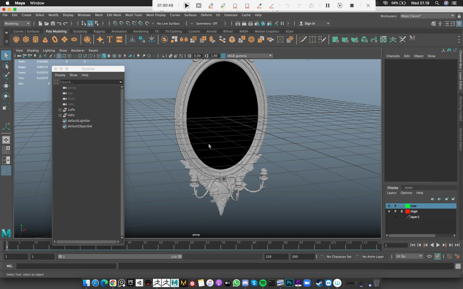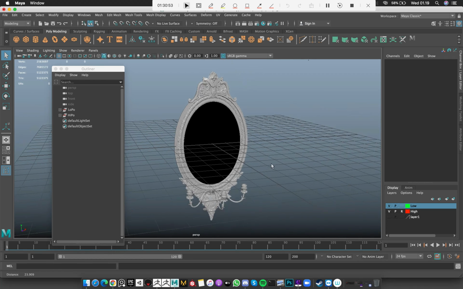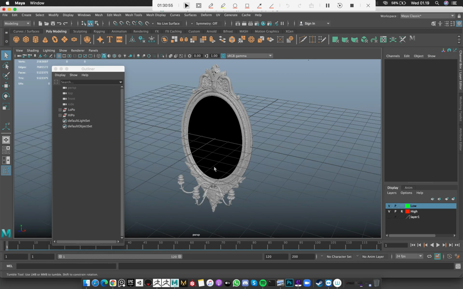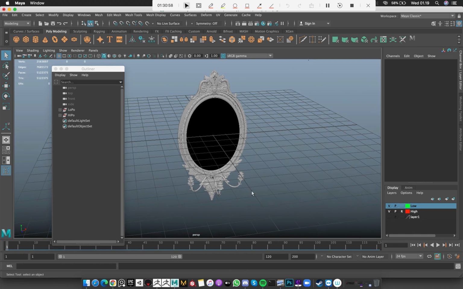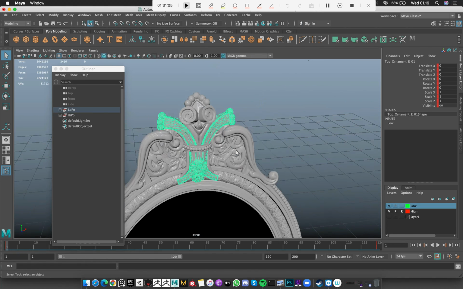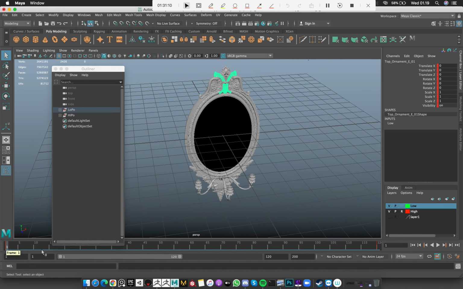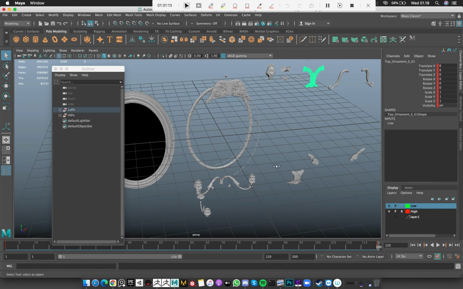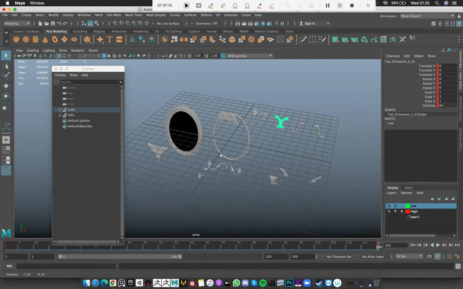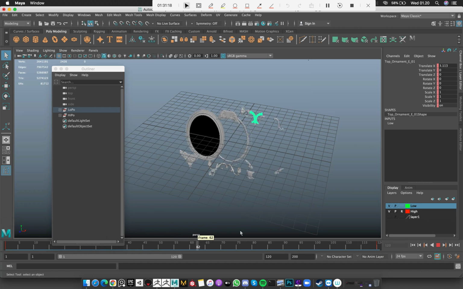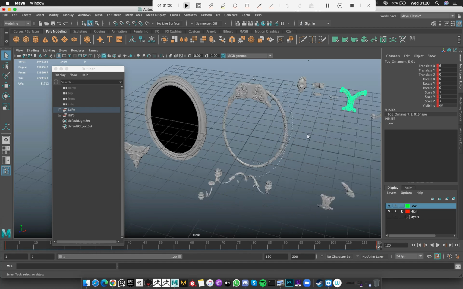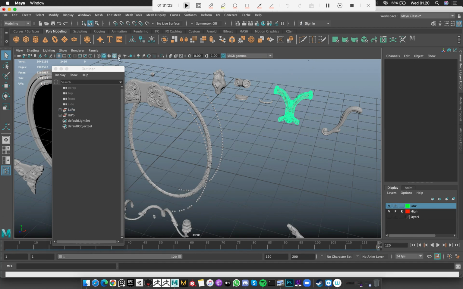And for the baking, because I usually use Maya for baking, I use a technique that I usually call explode, which is basically just animating each part of your mesh so that it will move away from each other, like so. Ta-da. Yeah, I'll animate it like this, and then as you can see here,